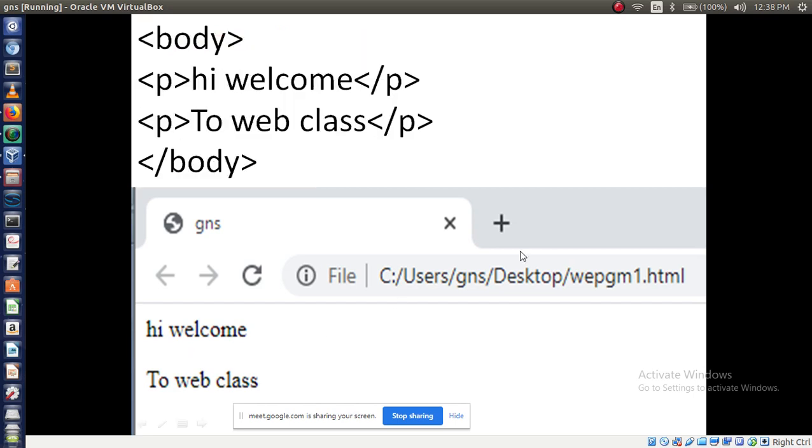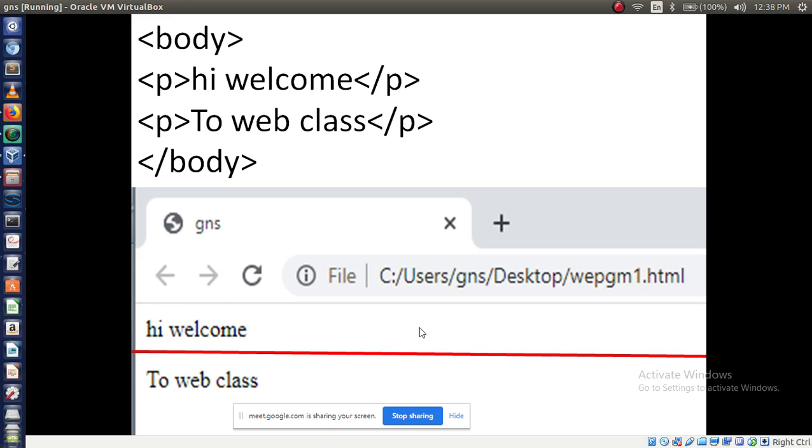Now here I have written two lines, that is hi, welcome to web class. My task is to display a line between these two lines. To display a line, which tag should I use? Kiran? The HR tag. So where should we use the HR tag? See here, the line is displayed.